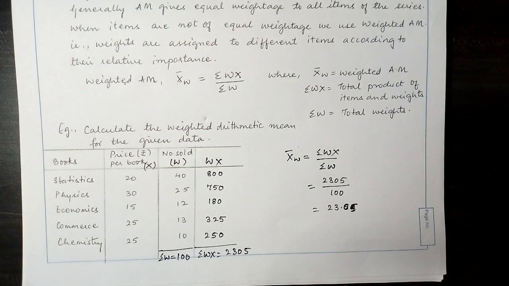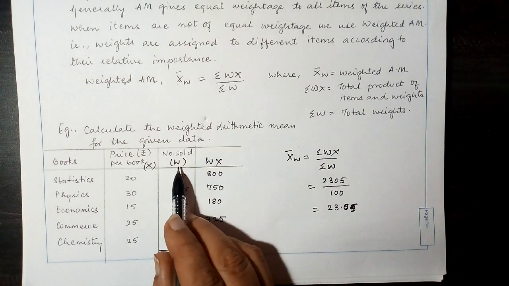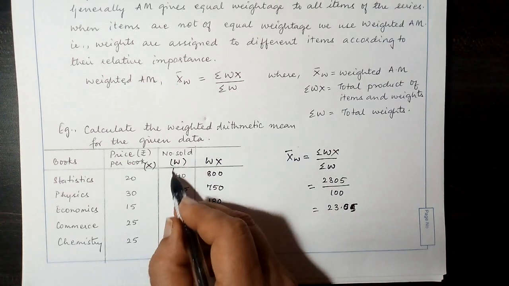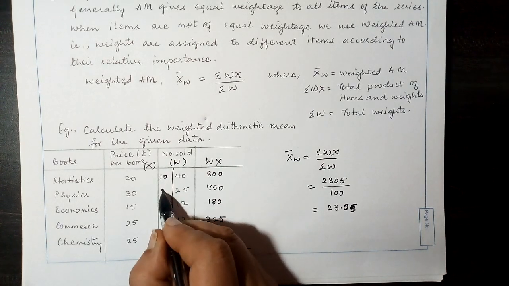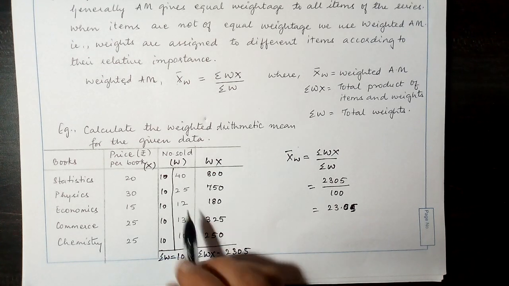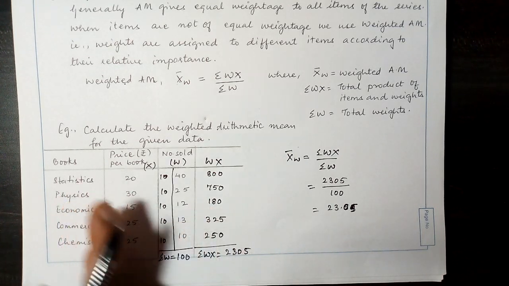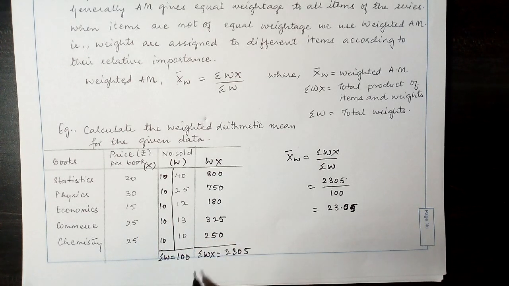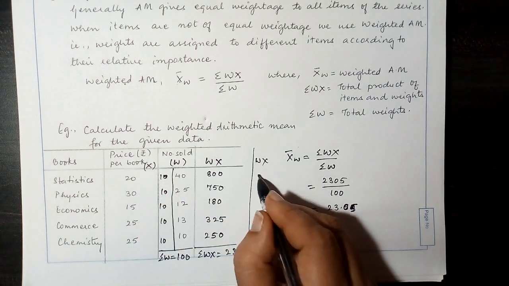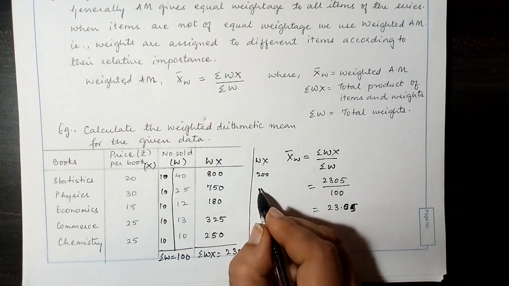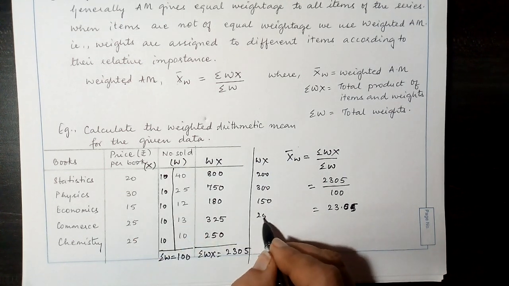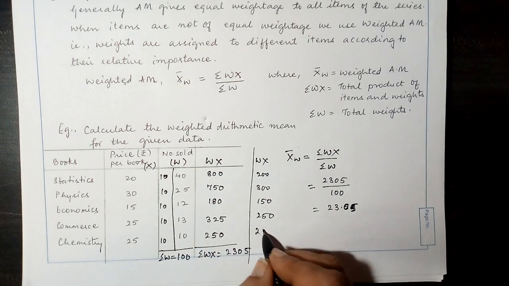If we extend the discussion to, let us say the W, now the number of books sold is the same. Okay, so let us make it 10 books each were sold. This is another condition. We are extending to understand what happens if number of books sold is the same. Every subject copies are the same. Then what will happen? Then we will get a new Wx. Wx will be equal to 10 into 20, 200, and this will become 300, and this will become 150, and here 25 into 10, 250, and this will be 25 into 10, 250.